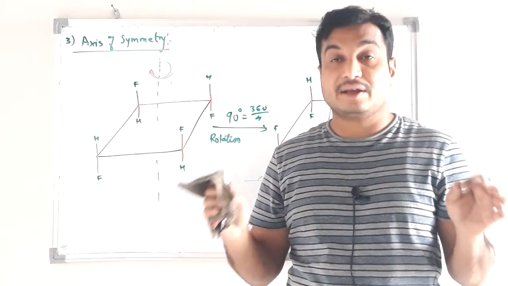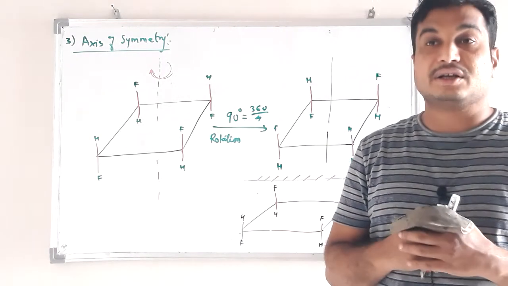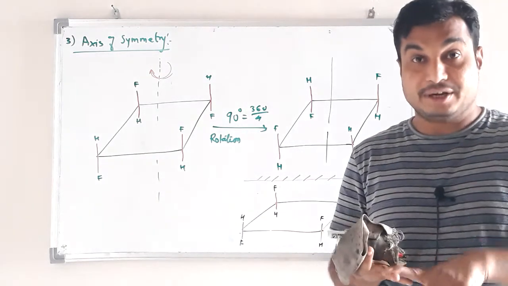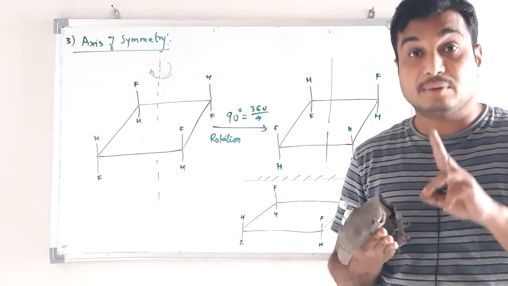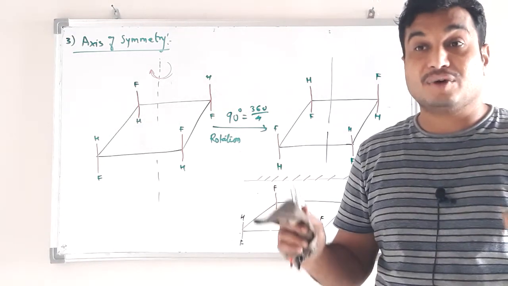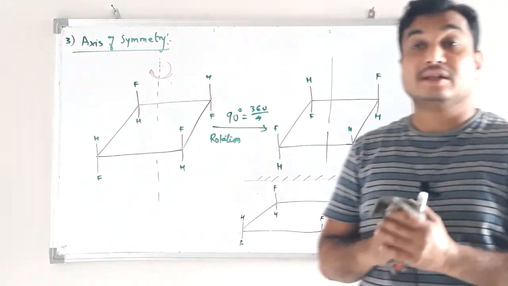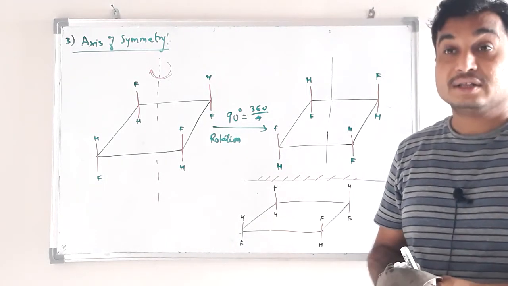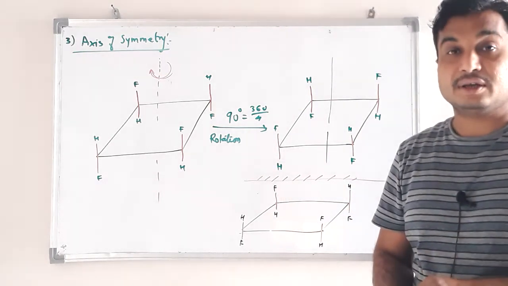The compounds which have at least one asymmetric carbon atom, or chiral carbon atom, and absence of plane of symmetry, center of symmetry and axis of symmetry. These three symmetric operations must be absent in the molecule, then that molecule is said to be optically active. Otherwise, if any one of these symmetric operations is observed in your molecule, even with a chiral carbon atom, it is optically inactive. So this is the basic condition required for a compound to be optically active.